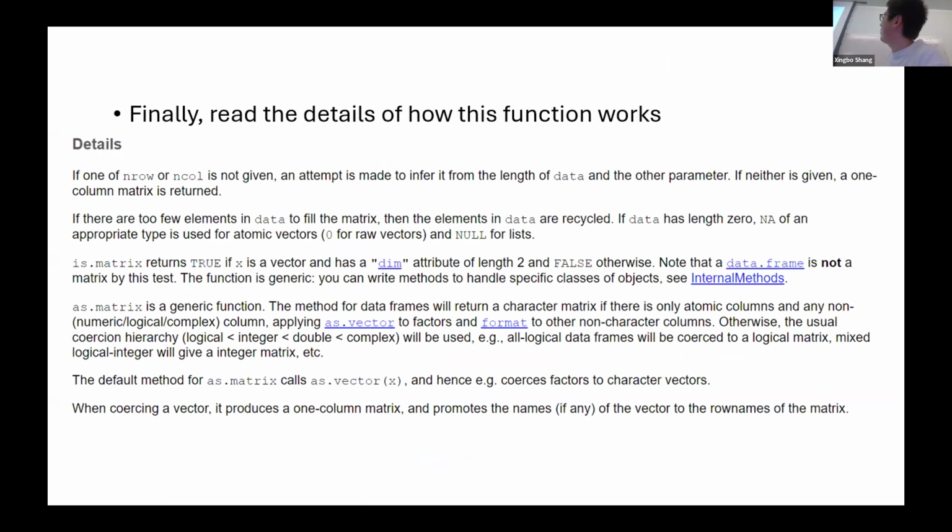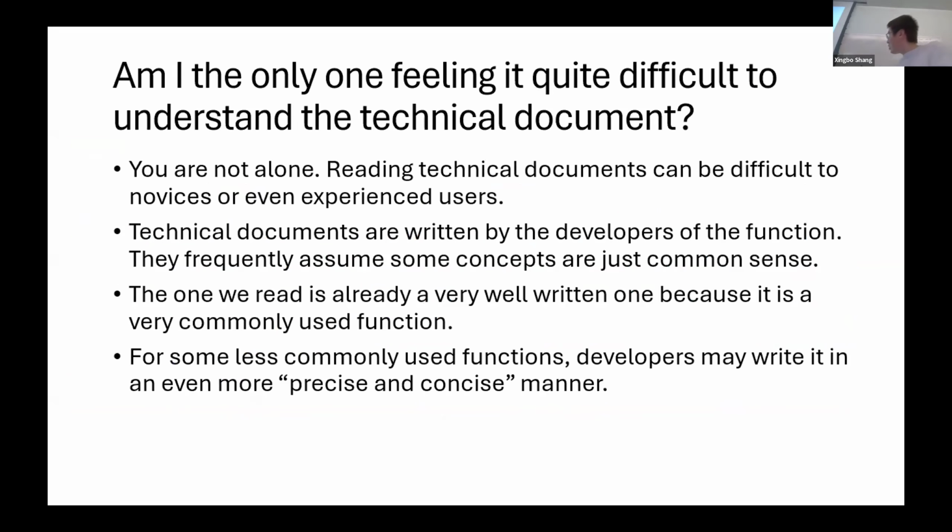So before we switch, finally there are details of the function, following the explanation of the arguments. Again, "if one of nrow or ncol is not given, an attempt is made to infer it from the length of data and the other parameter. If neither is given, a one-column matrix is returned." This one is perhaps slightly better than the previous one, but still it's not immediately clear what it's trying to say. And to confirm you are not alone,